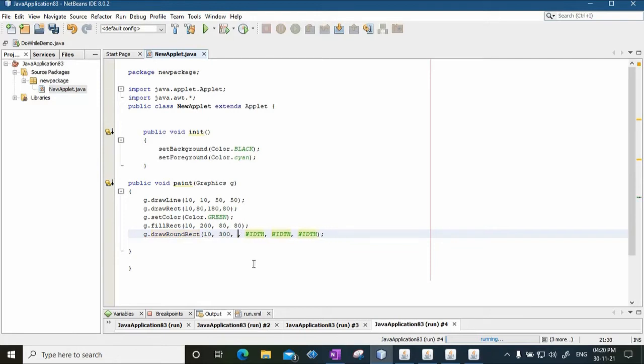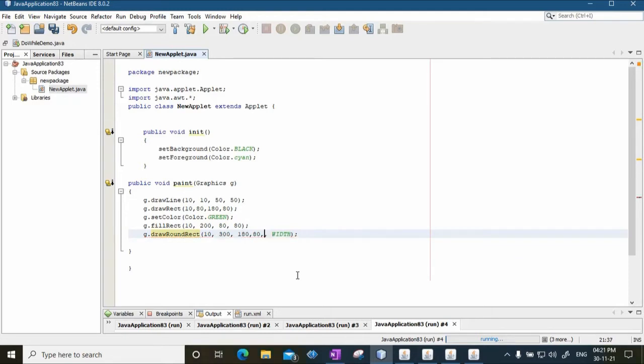Okay, the width of this rounded rectangle is say 180. The height of this rounded rectangle is say 80. Now basically in a rounded rectangle you will have arcs on the corners.